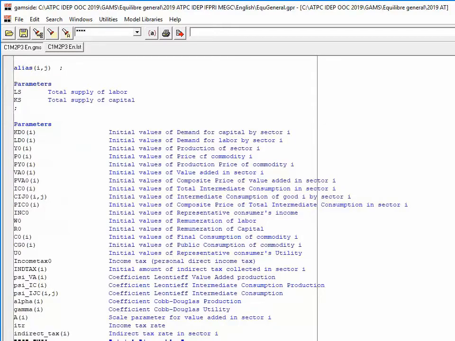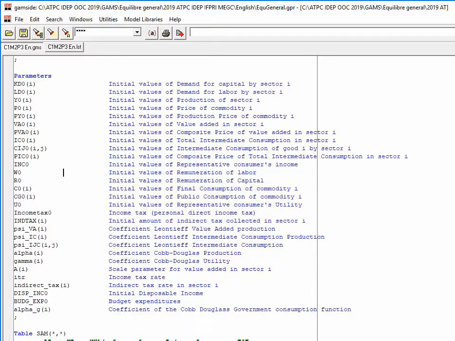There are new parameters corresponding to the initial values of the new variables of my model. So, for example, disposable income, total public spendings, and so